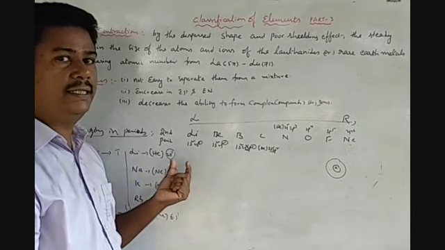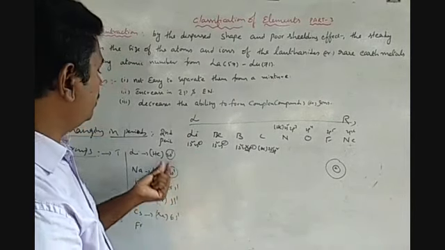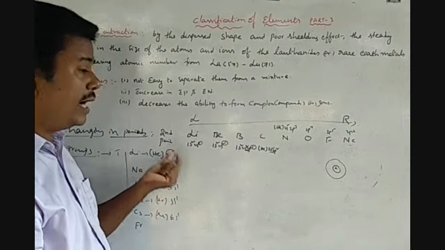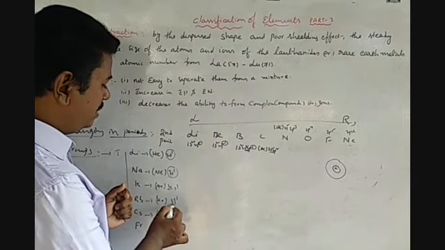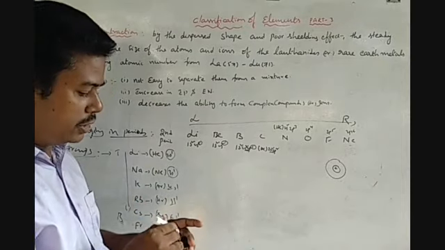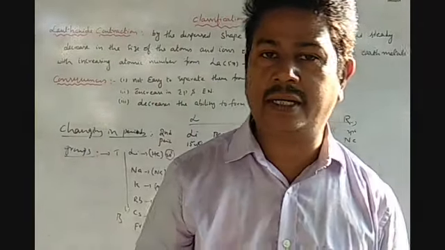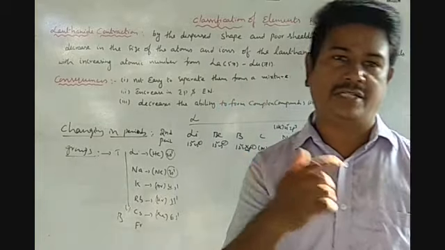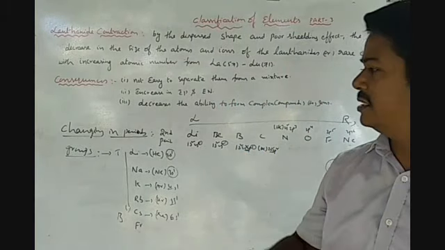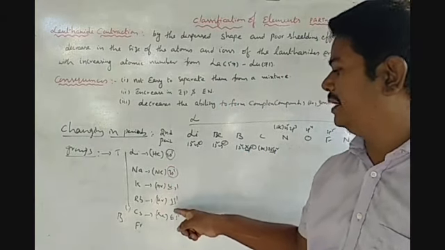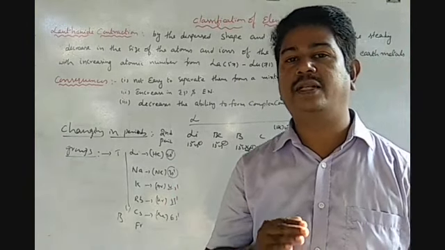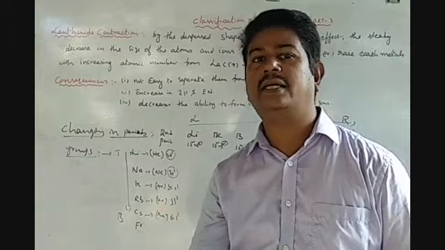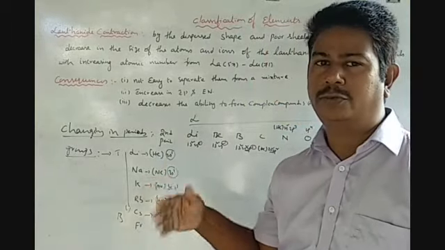The newly entered electron enters a new orbit. Here is the second orbit, here is the third orbit, this is the fourth orbit, fifth orbit, sixth orbit. So automatically the atomic radius increases. The atomic radius increases because the newly entered electron is in a different orbit. So that's why in groups from top to bottom, the atomic radius gradually increases. Not only in the first group, but second group, third group, whatever group.